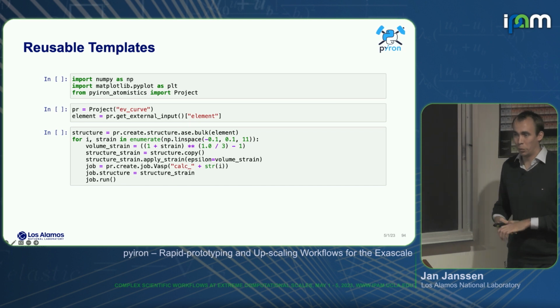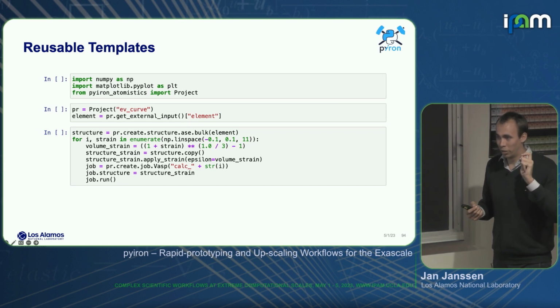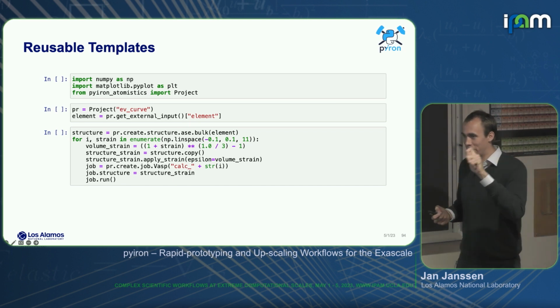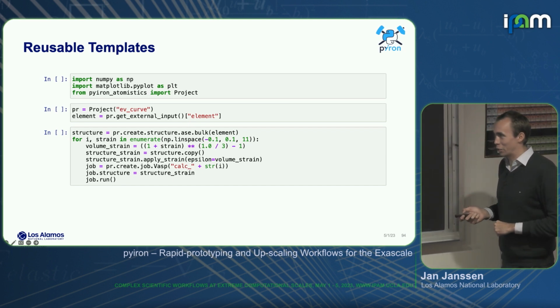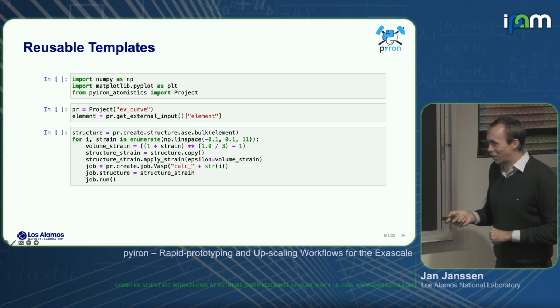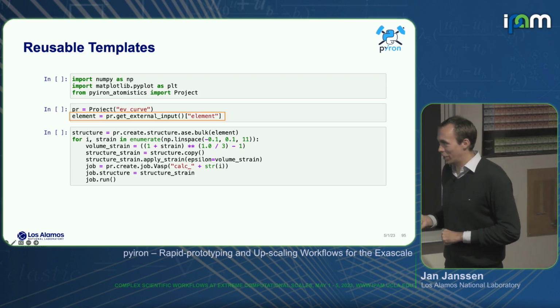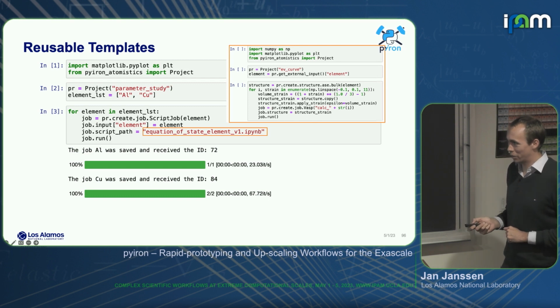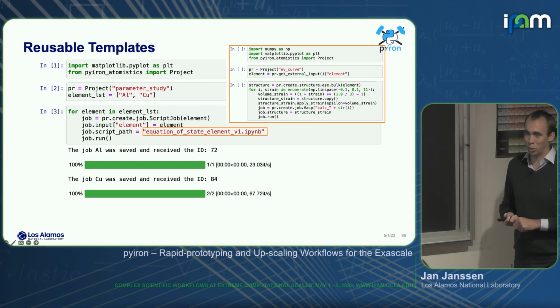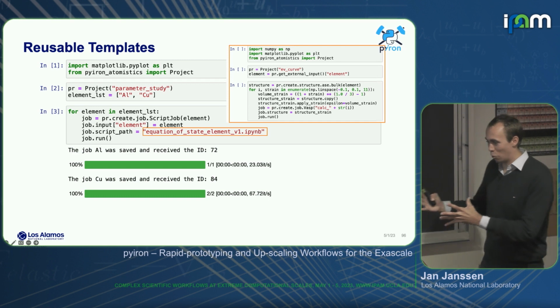Before, typically we would have a shell script and have another shell script which is just changing variables in the script and iterating over the other script. So that's the same that we can also do in pyiron, right? So we can write here our script. We have our input part where we say get external input. And we can then take the script and put it in what we call a script job. So this again gives us more flexibility.